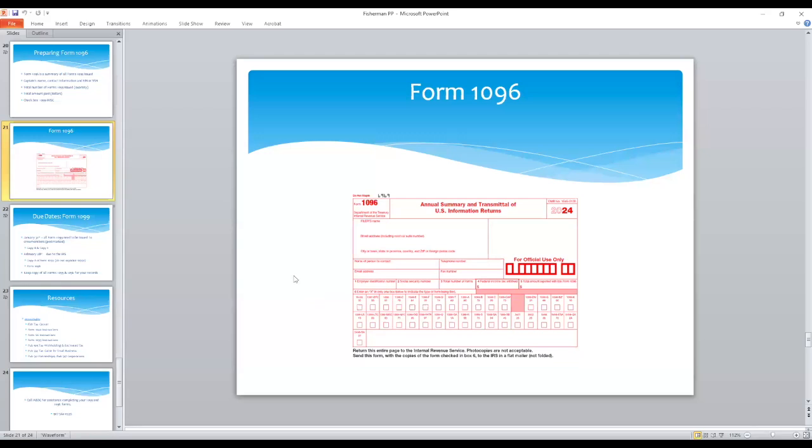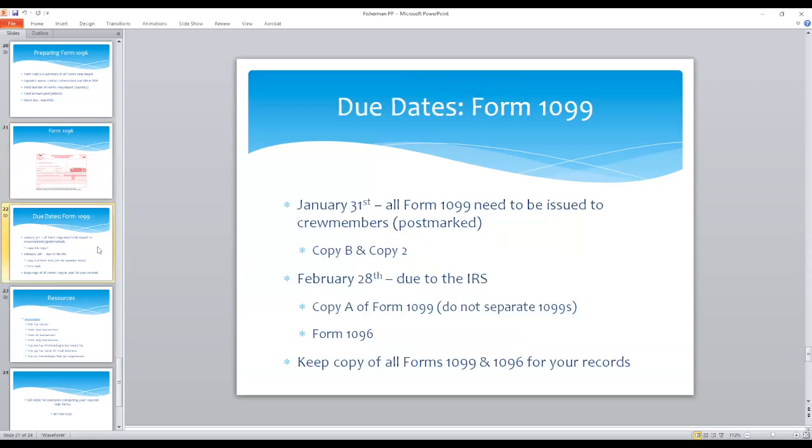We don't hear of them getting any penalties, or they don't call us back saying the IRS has sent a nasty letter to them. So I don't know, it doesn't appear they're too strict on enforcing the rules on these, but it looks like they may be changing that soon, because they're sending out a bunch of rules to us about these things. So the due dates for the 1099s, January 31st, should be in the mail by the